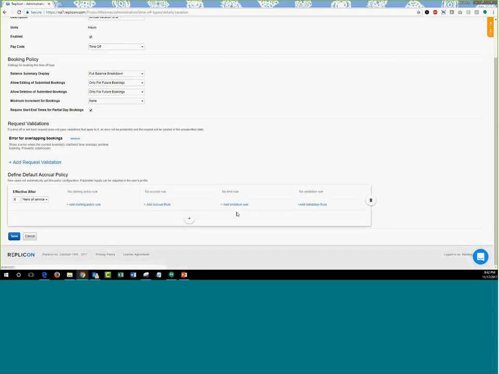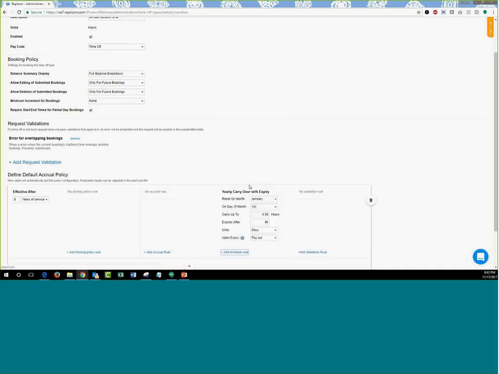Moving on, you have some limitation rules. So you have the limitation rules available right here. You can limit the maximum balance if you would like to. Like you want people to accrue, but to accrue to a certain point, and then post that they should not accrue till they actually use the balance that they have accrued. Or you can have resets done in case your policy gets reset after a certain period of time. You can have some timely resets done, or you can have a yearly carryover with expiry. So you can carry over some amount from the previous year, and then you can mention when that amount expires. So you can set up an expiry and you can mention the carryover accordingly.